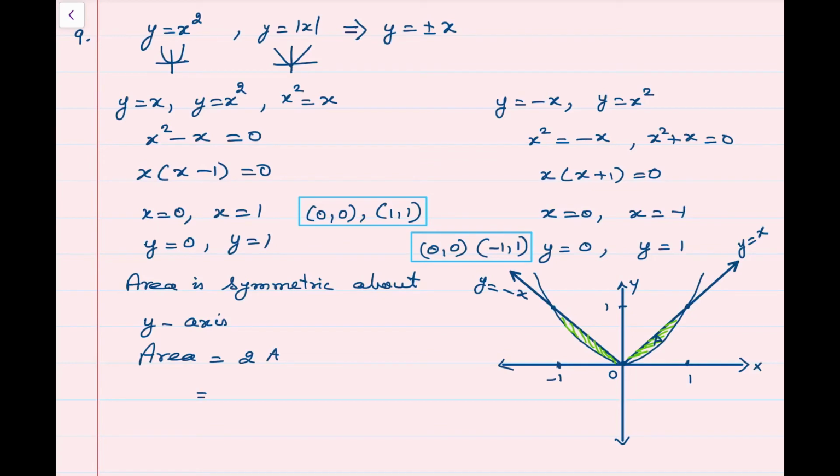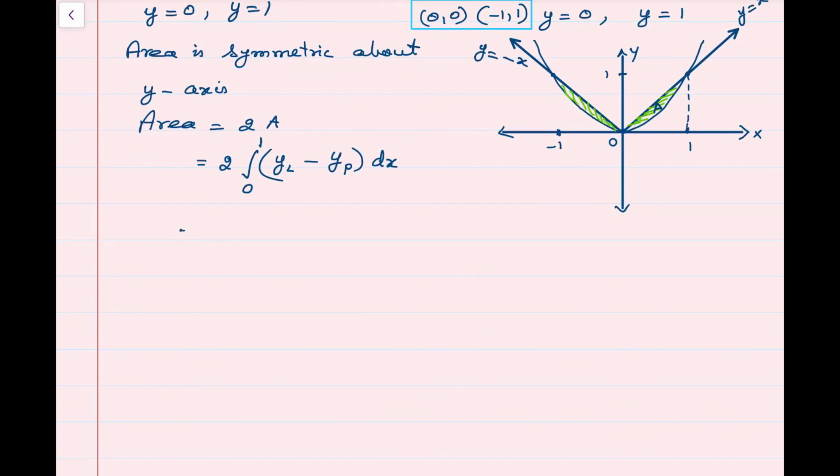Now let us draw the limit line. Now area A is bounded between two curves. Whenever area is between two curves, we have to do upper curve minus lower curve. So I will write 2 times integral 0 to 1. I am going to do with respect to x. So upper curve is a line here minus lower curve is a parabola. So y_L minus y_P, L stands for line and P stands for parabola, dx, which is equal to 2